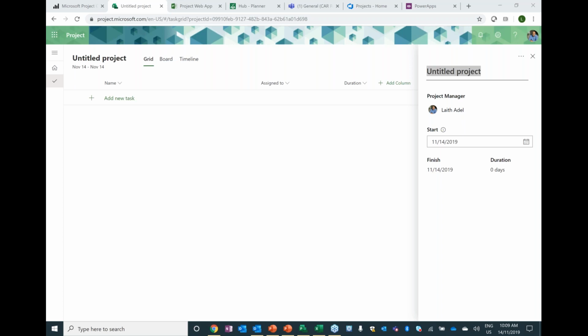So you click on this text called Untitled Project, and that will open on the right-hand side a pane. This is called the information pane, and this is something that you'll see consistently appearing as you experience Project for the Web. It opens panes for the tasks as well, to enter some information or perform some activities on it. So let's call this project building